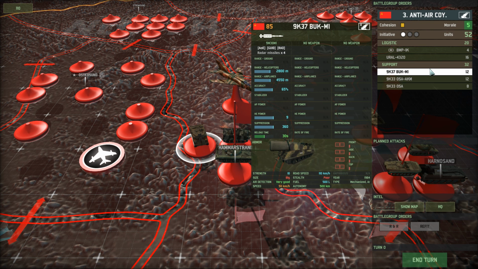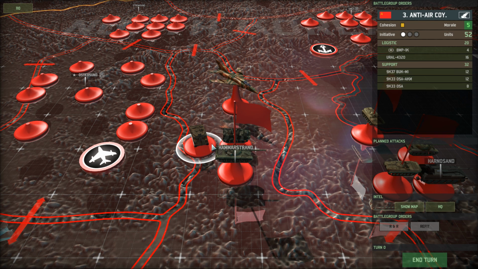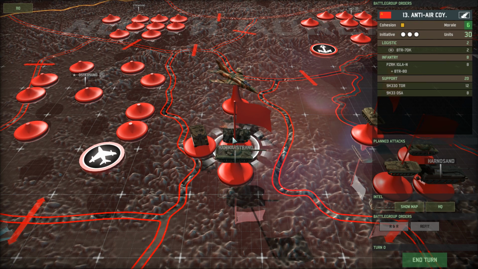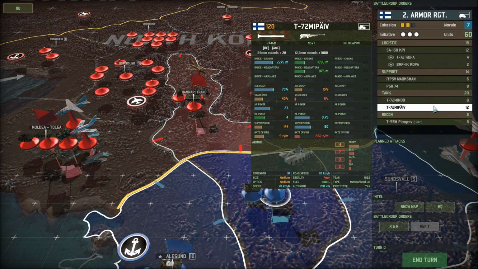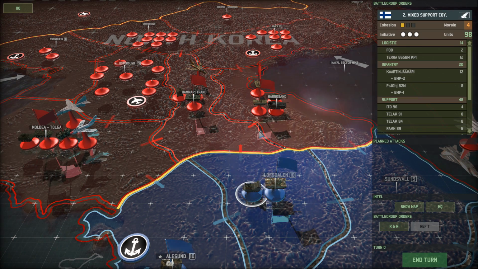But that's unfortunately not the only AA they have. They have 12 Buk M1s, OSAs, and further OSAs. And Iglas. Jesus, this is one massive AA group. Yeah, what am I defending with? T-72s. Huh. Oh, and